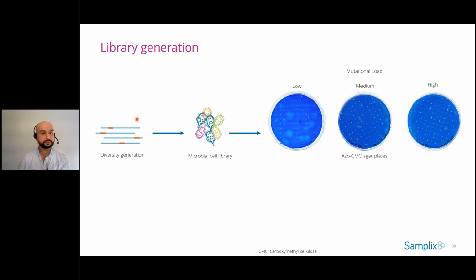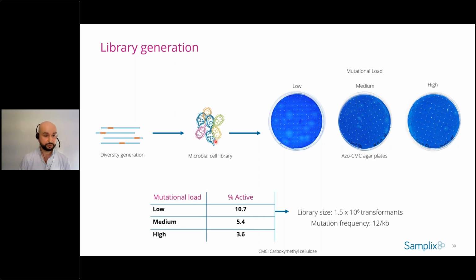The library was generated. It was used for transformation of the host. So this leads to a microbial cell library. And afterwards, we wanted to see which mutational load is the best, because we wanted to have a high mutational load. As I said earlier, most of the time in direct evolution, the mutational load is low, leading to less likelihood of great improvements. So we started already with a high mutational load, and we decided to go with